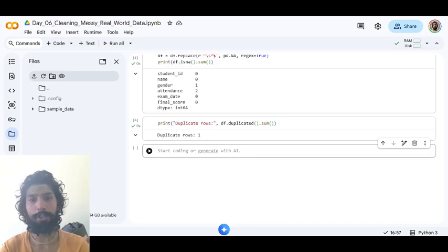So this gives me duplicate rows equal to 1, because student 104 appears twice with exactly the same information. Therefore, we expect one duplicate row. We can inspect the duplicated records using,